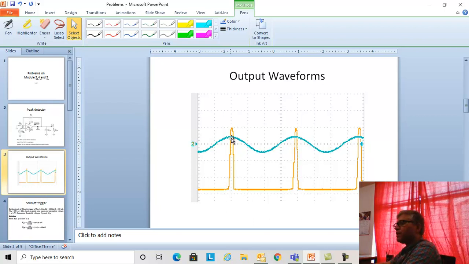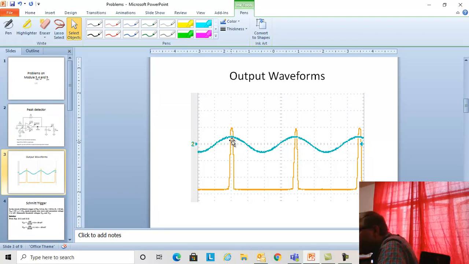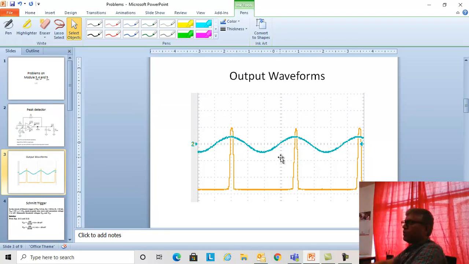Obviously your capacitor starts charging now, and you will observe the capacitor's output voltage here. Since you are measuring only across the load resistor, you will have a waveform like this. This is the challenging thing that you may have to know. You are not observing across only the C, but only across R. The capacitor discharge waveform is not very clearly seen here, but you may have to draw it during the examination. This is your first problem.